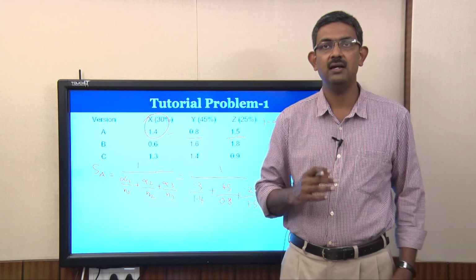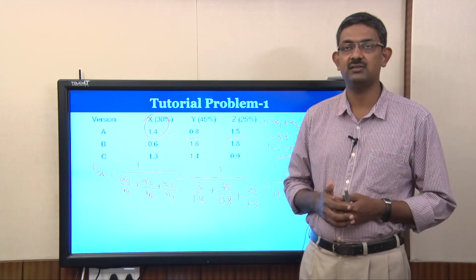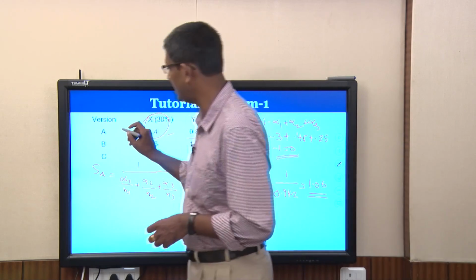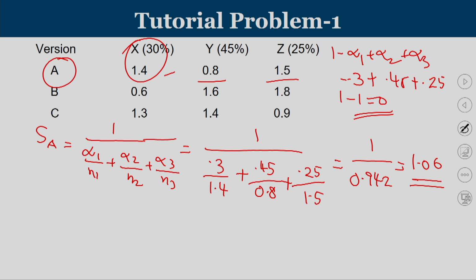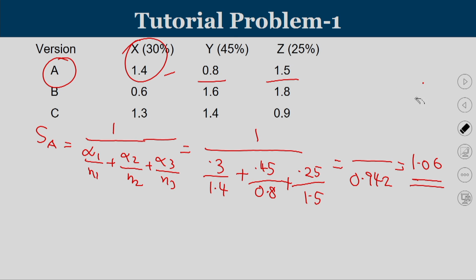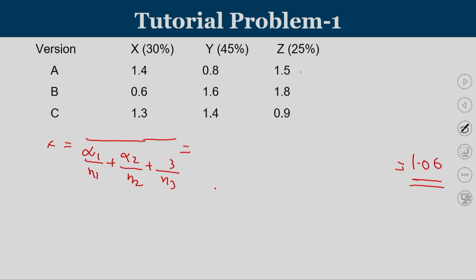So, this is the summary of the first performance, version A. If you are going to use version A, you are going to get a speed up of 1.06 times, because for each component, this is the fraction that you are going to get the benefit. So, let us try to summarize the result whatever we are getting in version A. If you apply version A, then the result that we are going to get is 1.06 times. So, version A has 1.06 times.